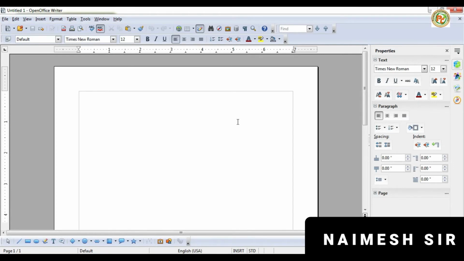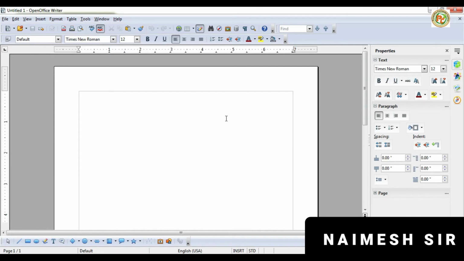Now table of content means what? This is the OpenOffice feature that allows user to build automated table of content from the headings in your document. But what is table of content? Table of content means we can say like the index page in each of your textbooks. There will be an index page. So it is called the table of contents. What is there inside textbook? You can see from the first page, that is called the index page, or we can say table of content. So this table of content we can create inside the OpenOffice Writer also.